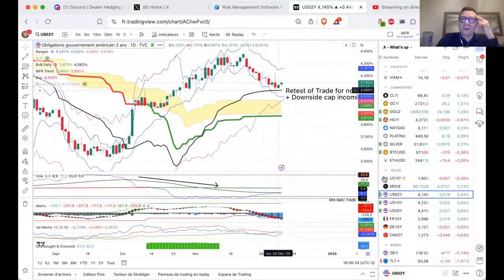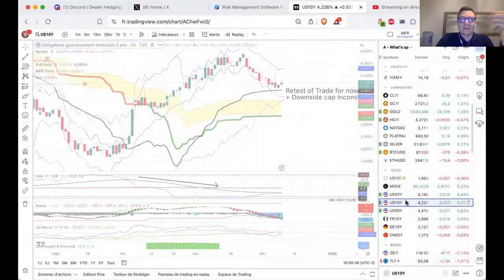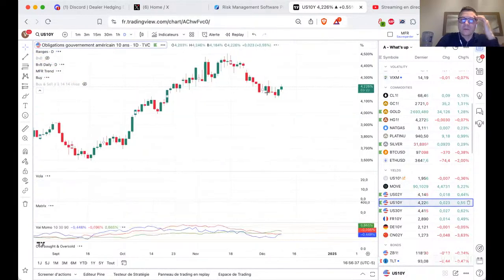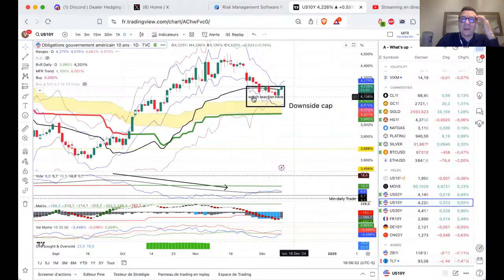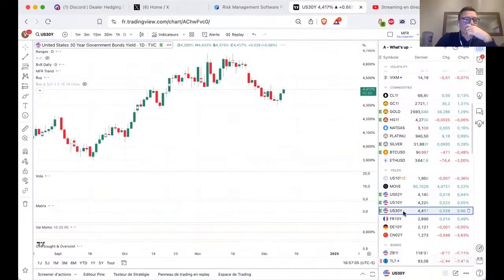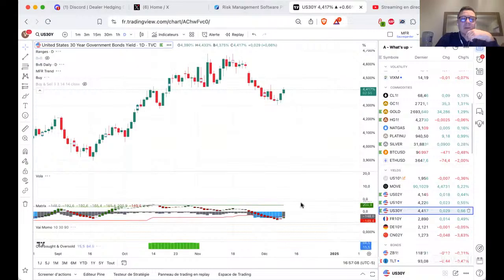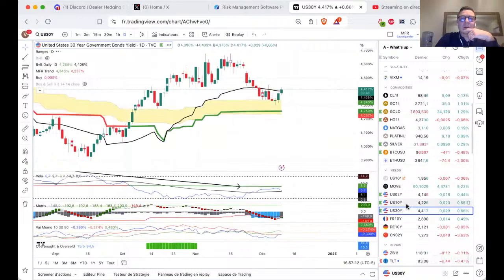So I mentioned 2 weeks ago, because of what was happening with European yields, that I expected US yields to go down, and I wanted to watch a particular area, so I didn't change this one. You will see the box appearing. So I marked this box, and I was saying, watch your reaction there. So it's where it went, and so far it seems to be holding. It's holding trend, and you have downside cap on the 10-year. You have downside cap on the 30-year. And you have matrix cycle up starting for the 30-year and for the 10-year.